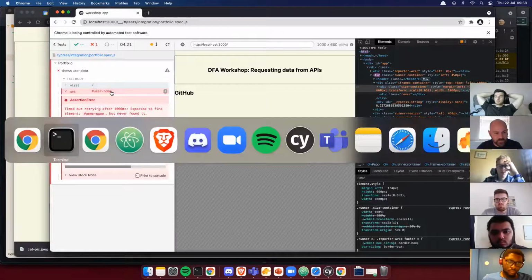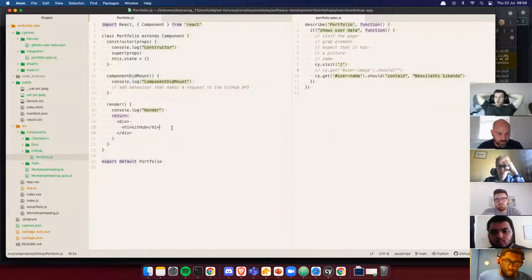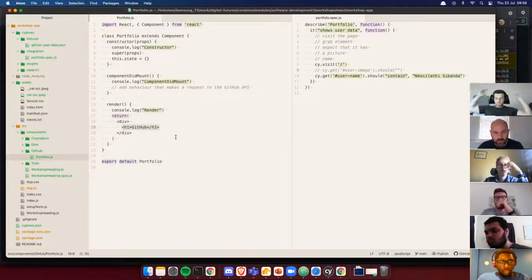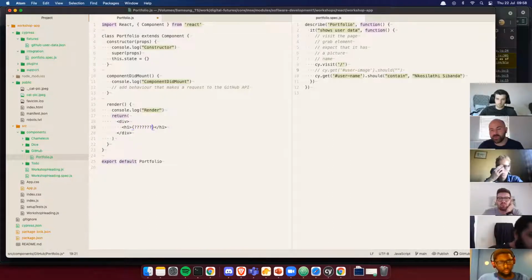It doesn't exist on the page, so let's go ahead and update my component. I'm going to get rid of this GitHub thing. I want the username, so let's keep that here and show the username. In order to get the username, I've got to give it an ID, but we have to find a way to fire off our